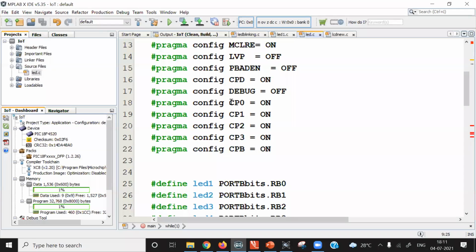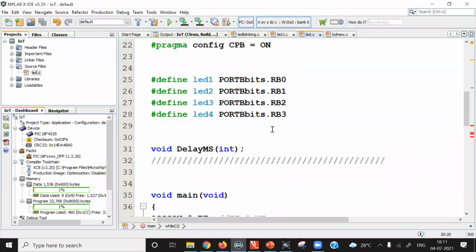Program memory is divided into 5 blocks, and for each block we can enable or disable code protection. When you enable code protection for all 5 blocks, nobody can copy code from flash memory. So I have enabled code protection here.